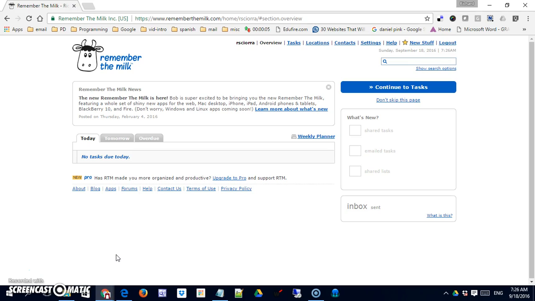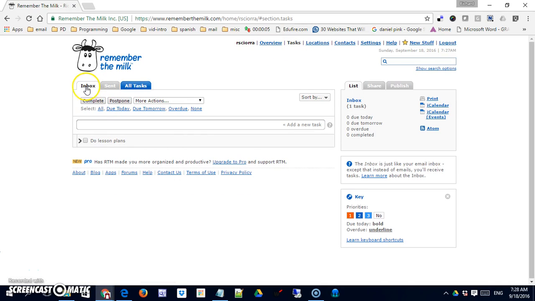The application is built around the concept of creating tasks which are organized in lists, and using these tasks and lists to keep yourself organized. So to start with today, we're going to look at the settings. You can see that when I come in, if I go to my tasks, there are a few tabs along the top, but I can create lists and add them to the top here to help organize according to my own